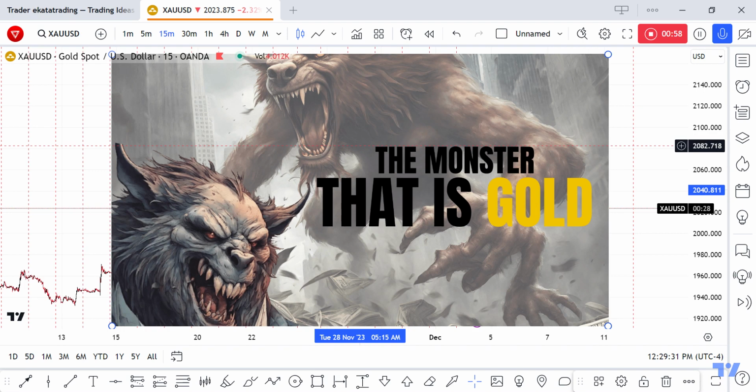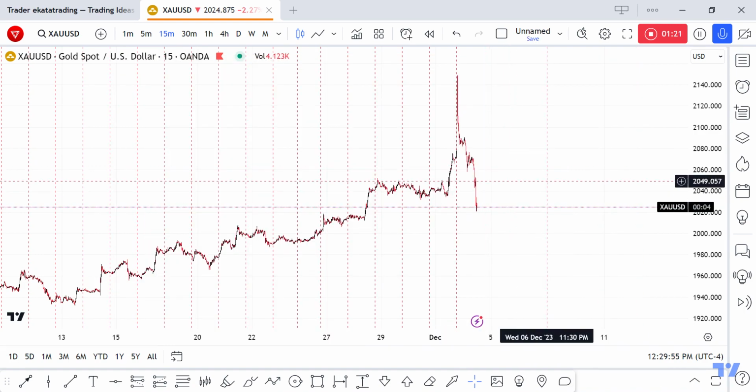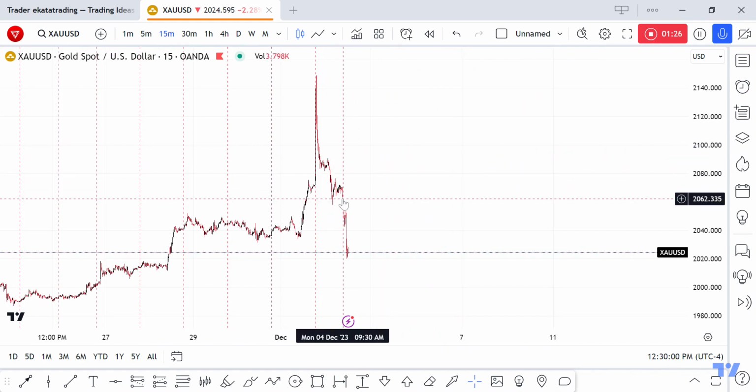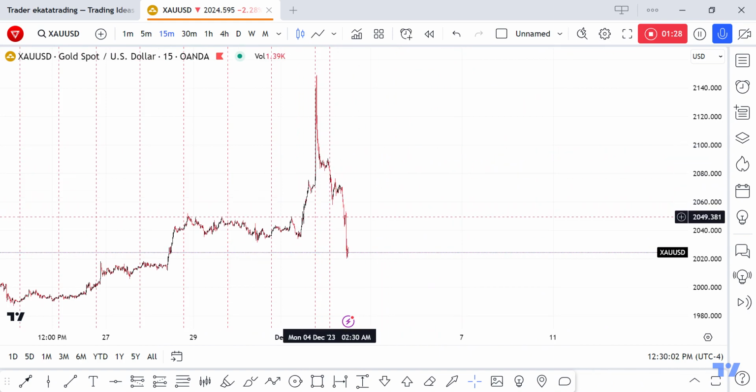What I actually try to do is go a little deeper than the technical analysis itself. Now, I have an image here that is AI created, and I would like to actually discuss this. Gold, especially, is a monster, right? So, we're talking about the monster that is gold. And the reason why I want to discuss this is because, I'll delete it now, you have to understand that gold is slightly different than other currency pairs. It's slightly different than other assets.